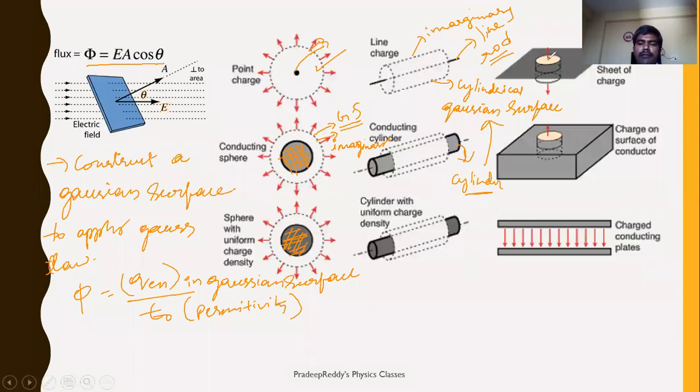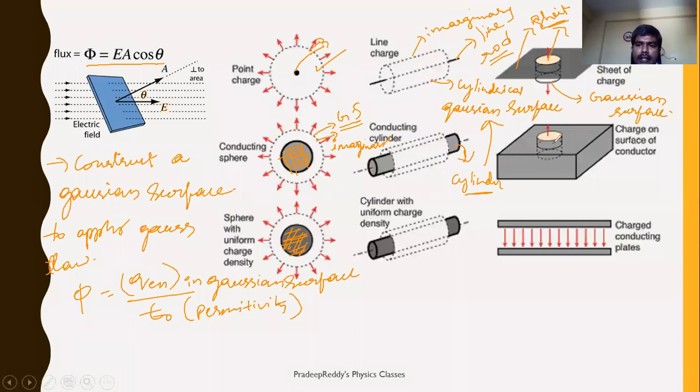So likewise, you have a cylinder here, and like not cylinder, I am sorry, this is a sheet. Okay, a metal sheet. So in order to find out electric field due to this metal sheet, you are constructing a Gaussian surface, and that Gaussian surface should be 3-dimensional. This is the Gaussian surface. I'll show you the uses of constructing a Gaussian surface when we derive equations for electric field in the coming slides. I'll make it very clear in the next slides.